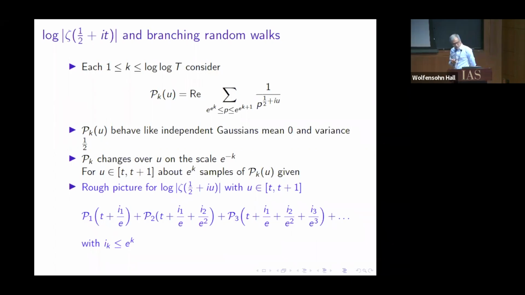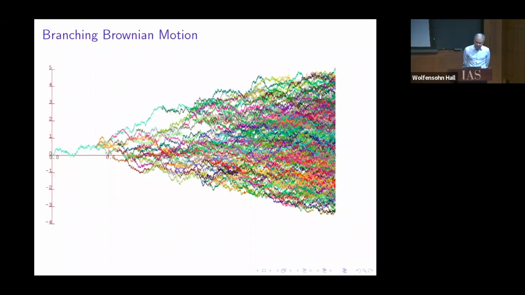And that gives a model for how the zeta function should look. So here's a realization of what this branching process looks like. You have a particle that starts at 0, it evolves using Brownian motion, and then at some point in time there's a chance that it'll split into 2 particles, which start from there and evolve independently with Brownian motion. And then at some point, each of those 2 particles will split into 2, and so on and so forth. So you get this cloud of particles at the end, and you would like to understand things like,